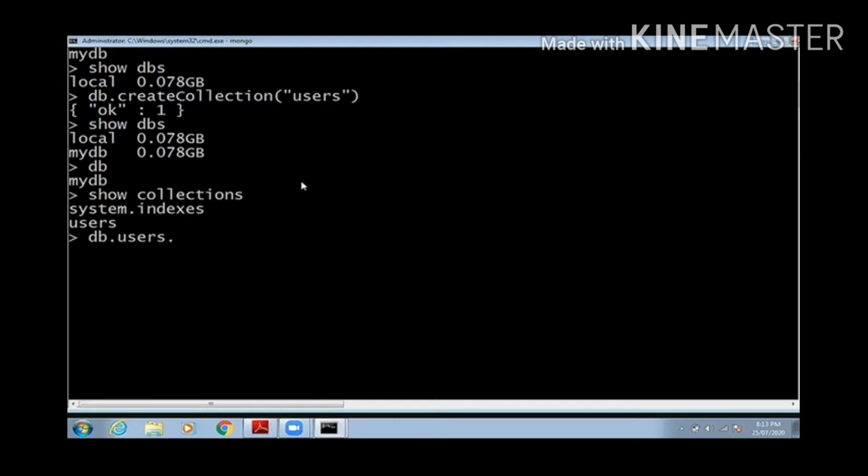I am inserting by the insert command, db.users, that is the collection name, dot insert. Now I will insert a record in JSON format, that is JavaScript Object Notation, that holds values like key value pairs. So name is my key, iram is the value, roll number is my key, and after the colon, the value is 123. If it is a character, you type it in double inverted commas.